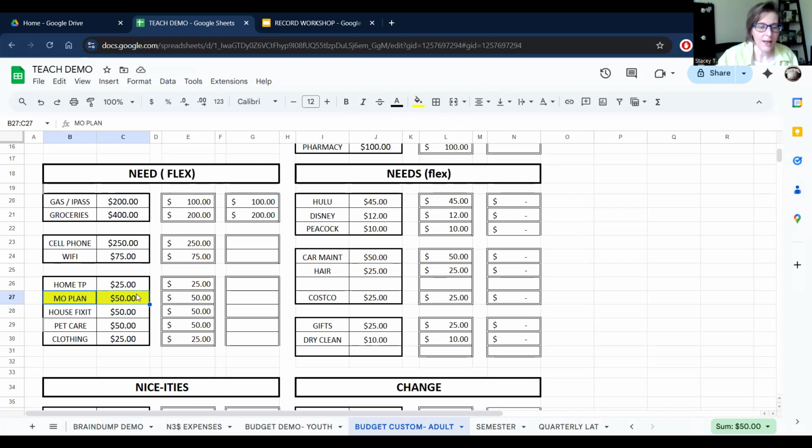And so what I have is a list of things that I don't have to pay for every month, but that come up through the year. So it might not need to come out of the monthly budget. For instance, let's say that I still subscribe to a magazine, but I only pay for that in August and it's $10.